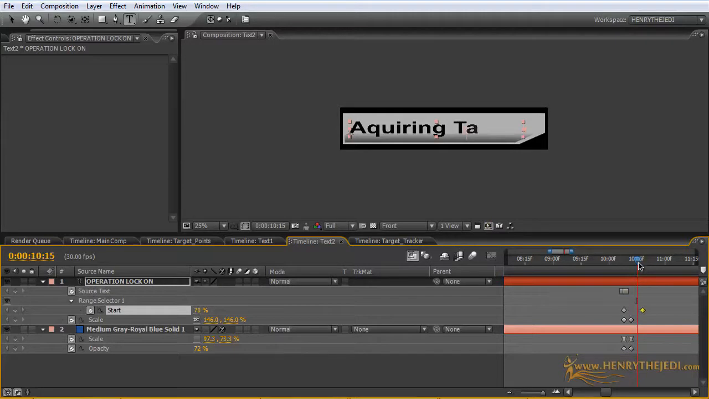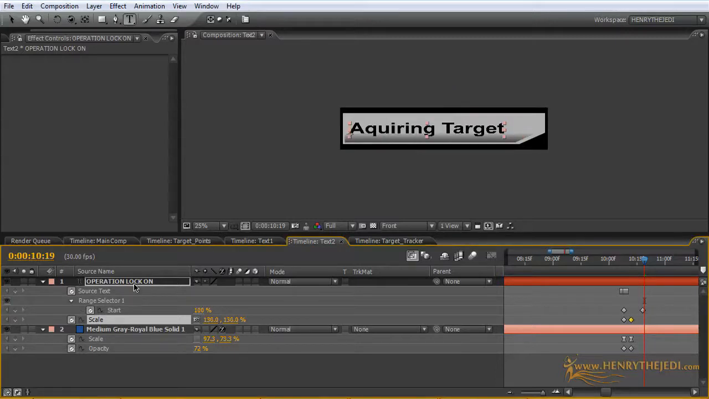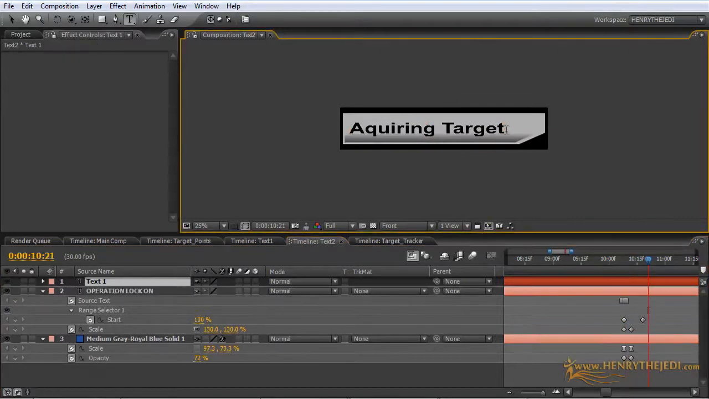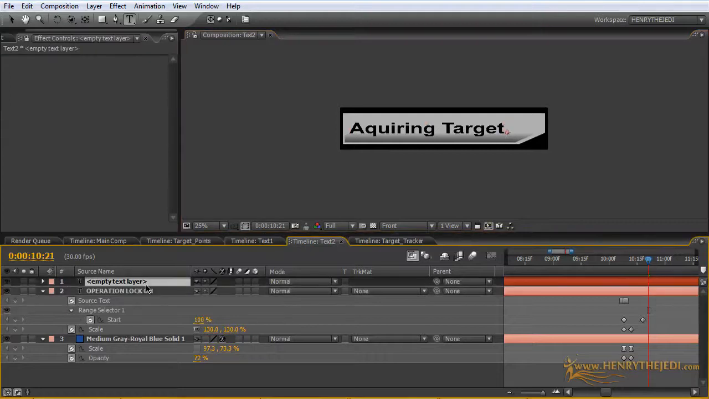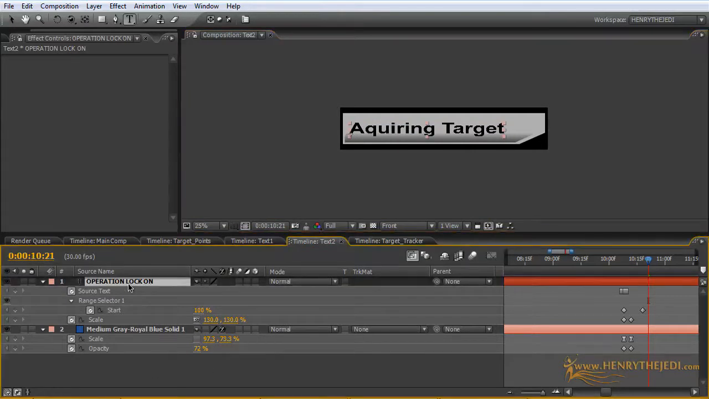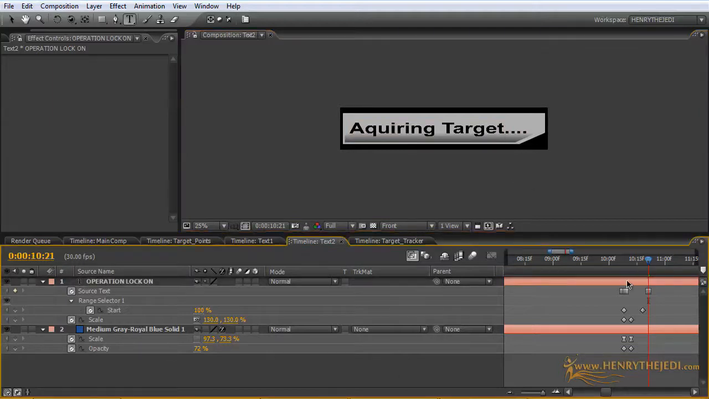Range selector, well, just put it up. And the scaling, let's see, 130%. Okay, yeah, that's much better. Source text, just delete that. Yeah, acquiring target dot, acquiring targets dot. Okay, great. Delete that key and of course move that to replace it. Okay,